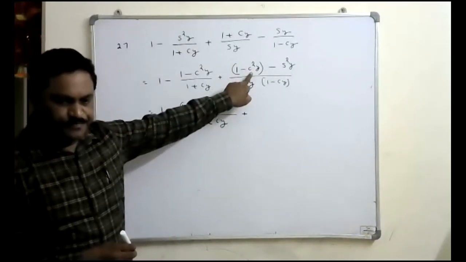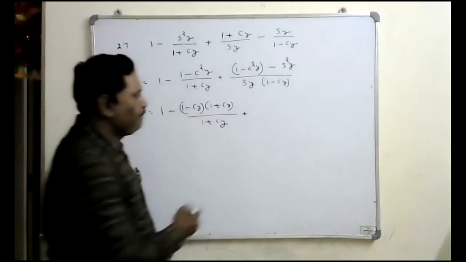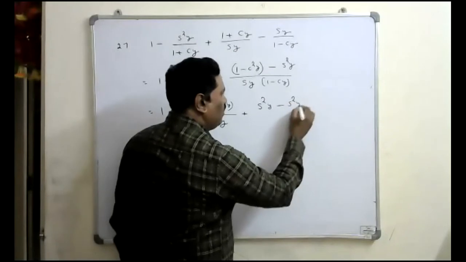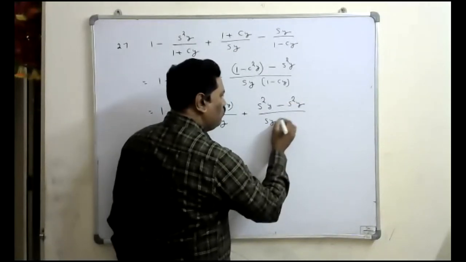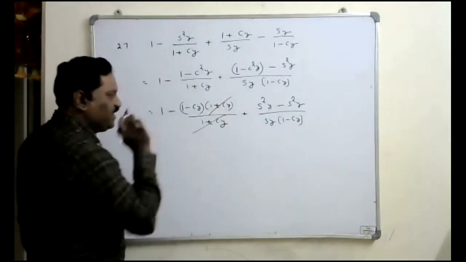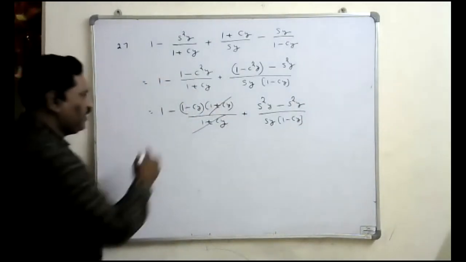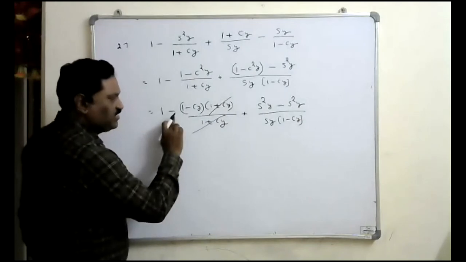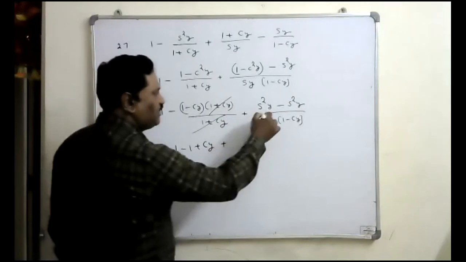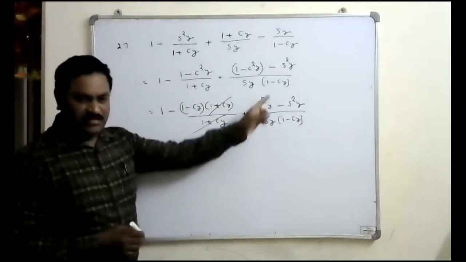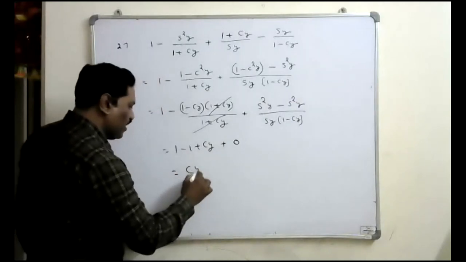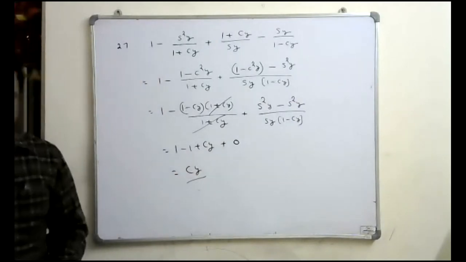How do you write 1 minus cos square y? Sin square y. Minus sin square y upon sin y into 1 minus cos y. Now here 1 plus cos y is getting cancelled. Now the remaining is 1. इधर माइनस से बाहर माइनस से मल्टीप्लाई करो, minus 1 plus cos y plus sin square y minus sin square y cancel, this term becomes 0. 1 gets cancelled, so the answer is cos y. That is the answer.